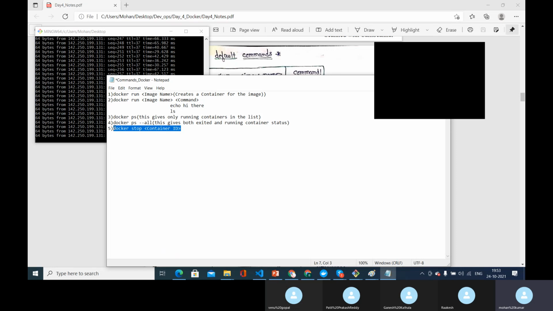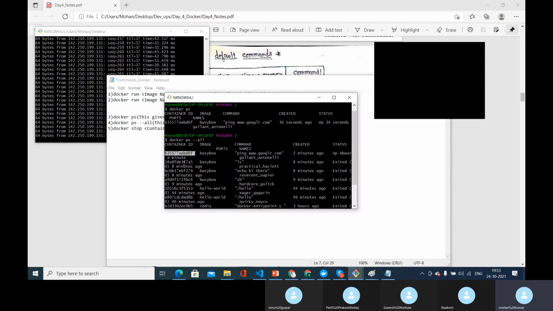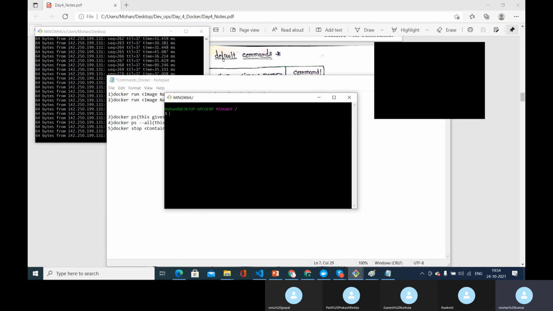What is the container ID? I already showed you: it is the ID for each and every container that has been created. If you want to see only the containers that are running, because that is our interest right now, docker ps will give them, and you get the container ID from this command.